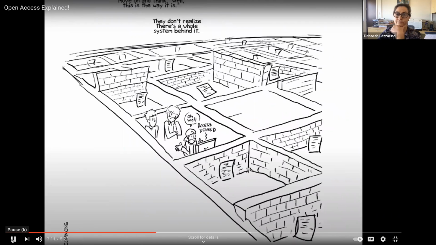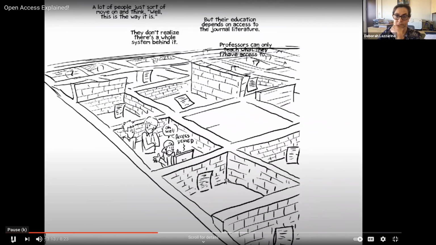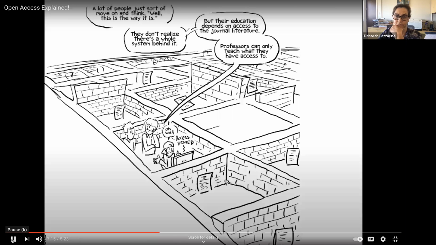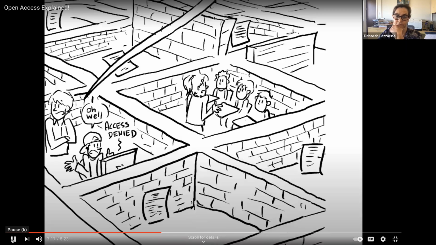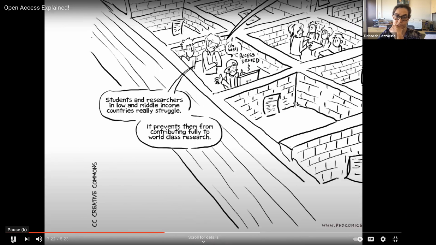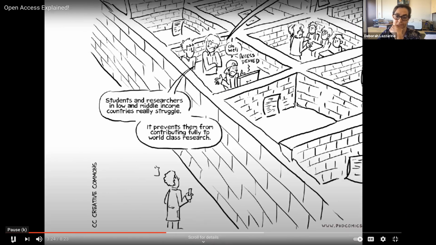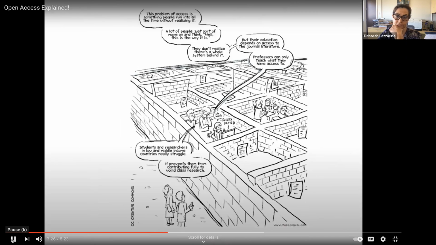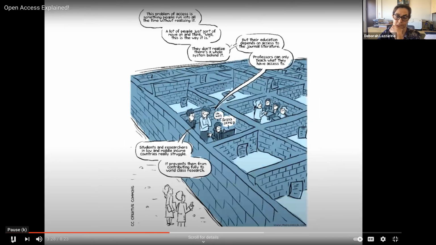And I think students' educations literally depend on access to the journal literature. I mean, professors can only teach what they have access to. If you look at less wealthy countries, like low and middle income countries, they really struggle to get access. And that's a real impediment that prevents researchers in those countries from being able to contribute fully or do